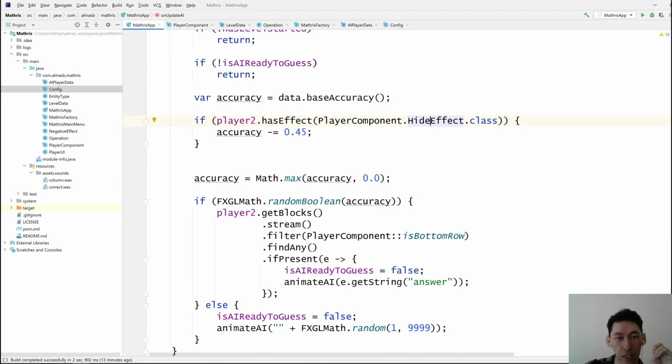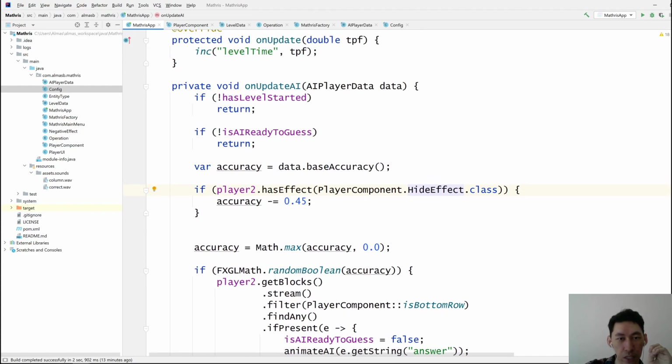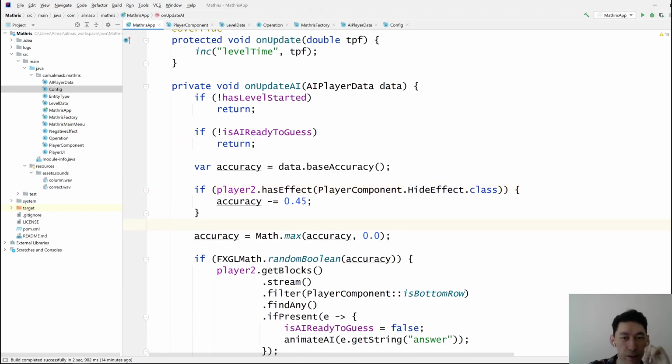Hide effect. Now this thing is, I think, fine to keep, because hide effect is probably going to be the same effect on everything, right? This one is basically when the player can't see the question, or the player can see only half of the question. So the accuracy drop should be pretty hefty, which is 45%, that's fine. And then